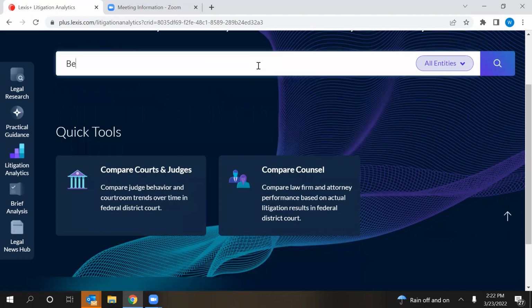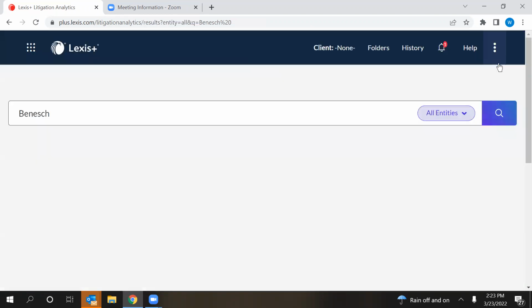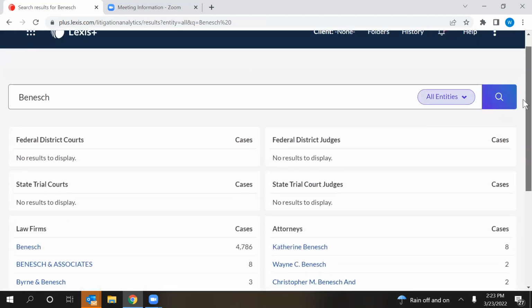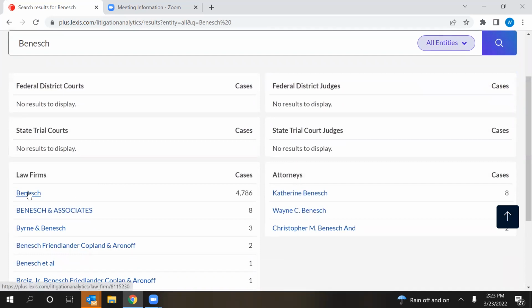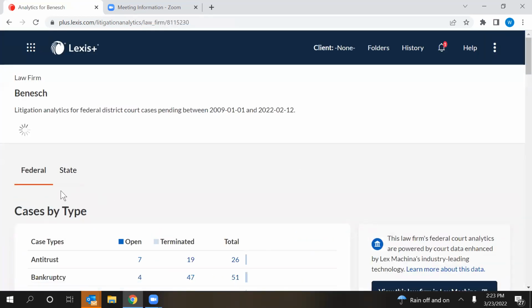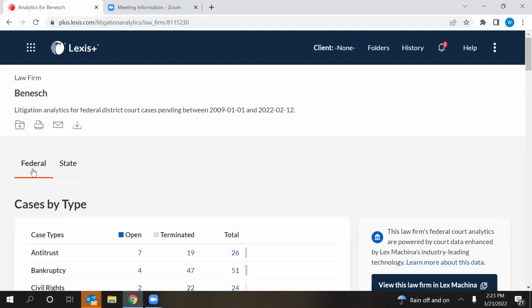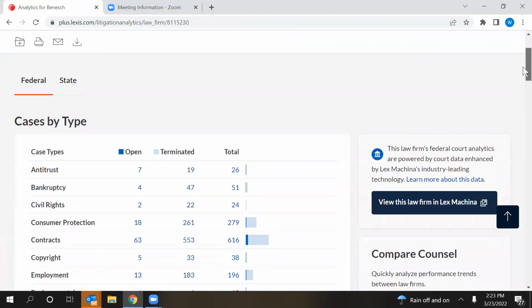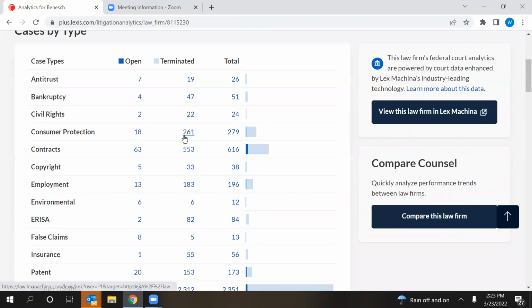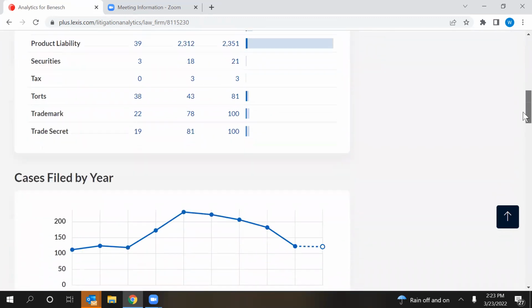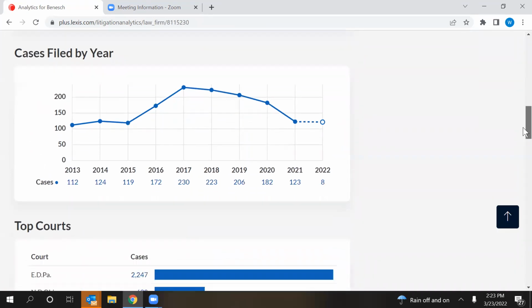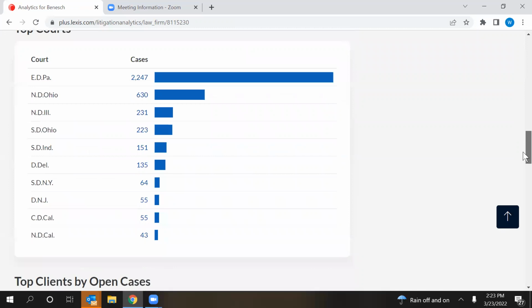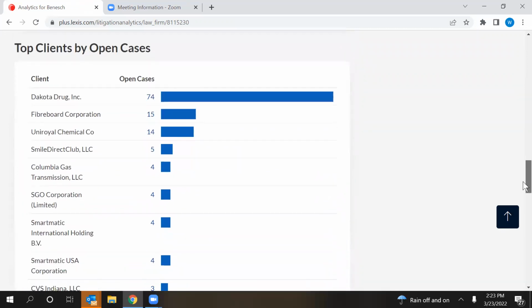Now for this example, I'm just going to type in the name of the law firm. And if I scroll down, I can see the hit right here. And so within the law firm analytics, it breaks it down by federal and state. Within the federal tab, you've got your cases by type. And if you click on the hyperlinks of any of these, this will take you out to Lex Machina, which is another analytics tool that breaks down your data. If I scroll further down, this will break down your cases filed by year. This will give you the top courts, the top clients by open cases,